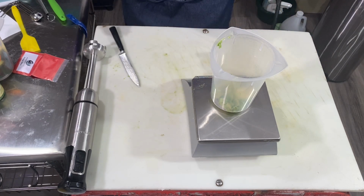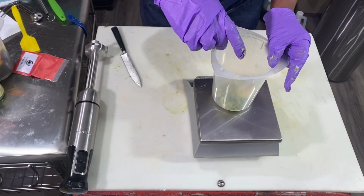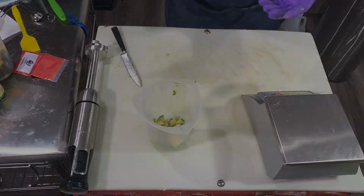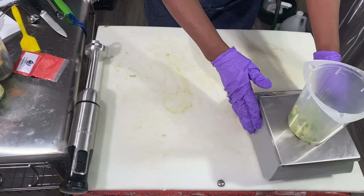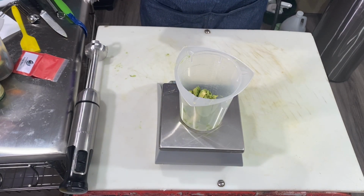So that's 2.2 ounces, which is fine. All I have to do is recalculate my water portion and I'll be okay. Let me wipe this off. All right, so 2.2 ounces. I need to use 8.7 ounces of water. I use my